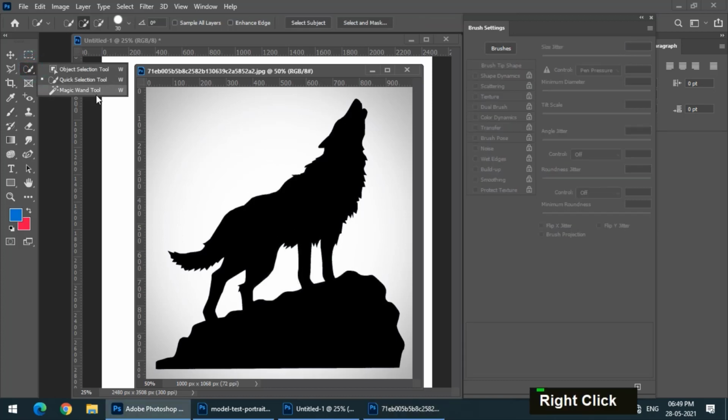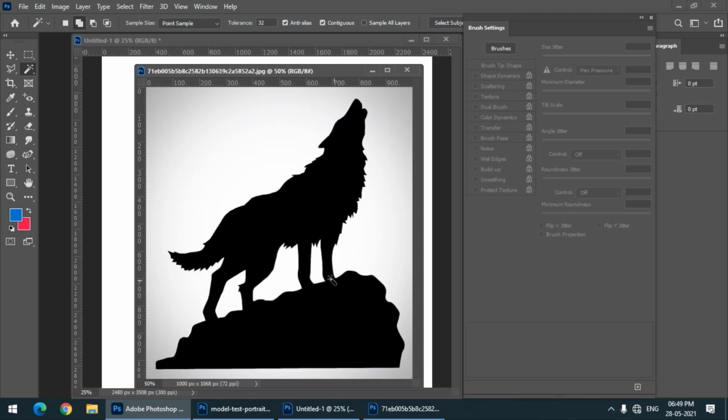I will choose the magic wand tool, because this is a black silhouette of one color with no variation, so it will be selected very quickly. You can use any tool you wish.